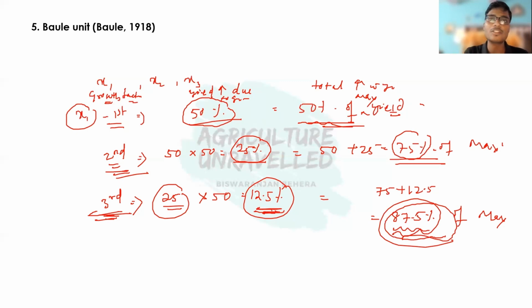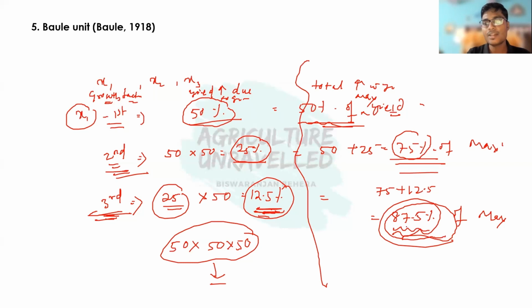In many examinations, this kind of question can come. So the question will be like that: the yield increase due to the third viable unit, it is 12.5%. Third viable unit means we have to multiply 53 times. Okay, that will give the yield increase due to the third viable unit. But the total yield increase is different. It will be added one after another and the total will be calculated.